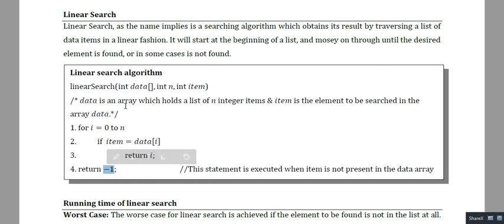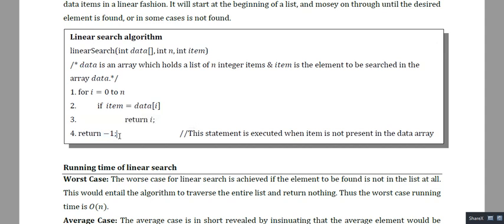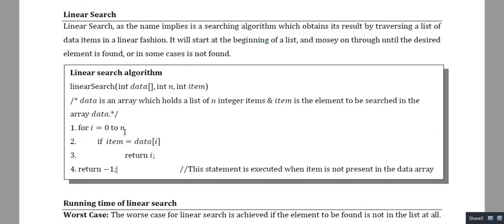Okay, so now the main bottleneck of this linear search technique is that the algorithm seems very easy, as we are just comparing the item to be searched with all the elements present in the given list, starting from the leftmost element to the rightmost element.